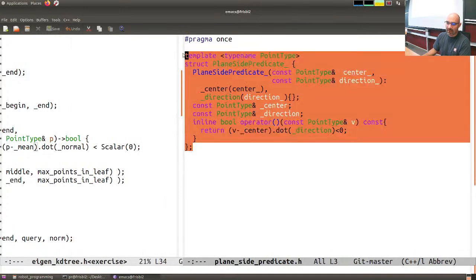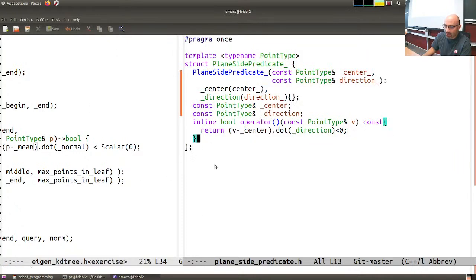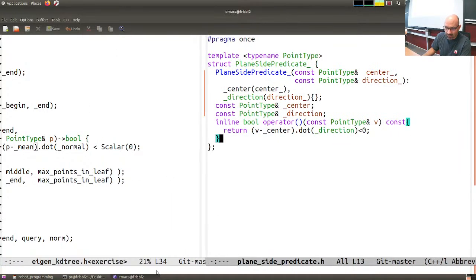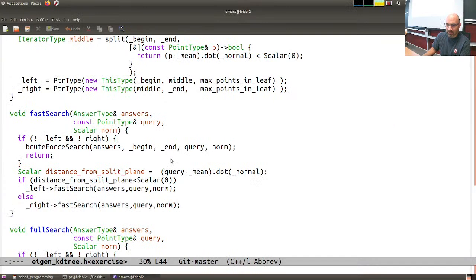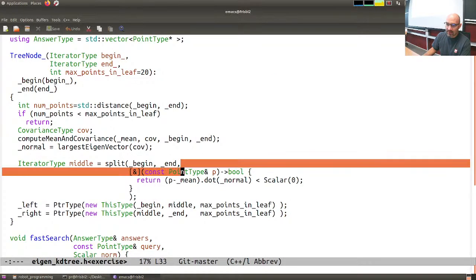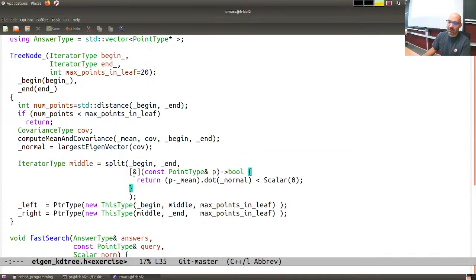Clearly, here I have a lot of code. Now imagine that I want to write the plain side predicate only at one point in my huge tree. Then this looks ugly. I'd like to hide it and put it only where it's needed. So what I could do is inform my compiler that here I have a function object. This function object is called the lambda function. This is the synopsis of the lambda function. At the beginning you have two brackets, left and right, and then inside you write the so-called capture,